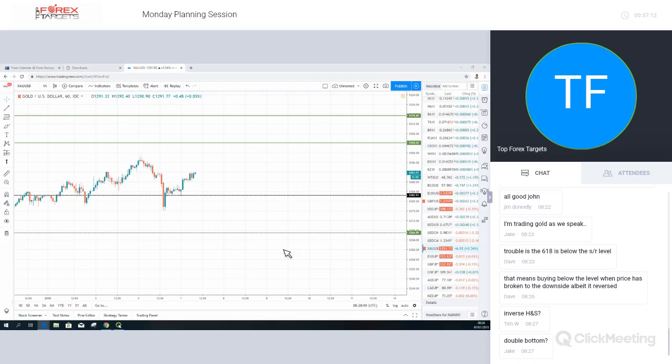Jake says a double bottom. Not a double bottom just here, Jake, because for a double bottom we would have to see, so a double bottom would be like this. If we take the low here and the low here, you can see that rather than this, we actually have a low, a high, and then a low. We need a low, a lower high, and then a tag, and then a reversal for a double top. So we couldn't classify this just yet as a double top.